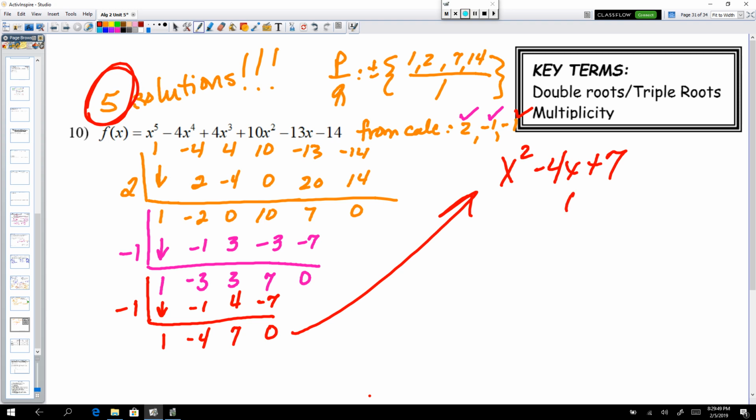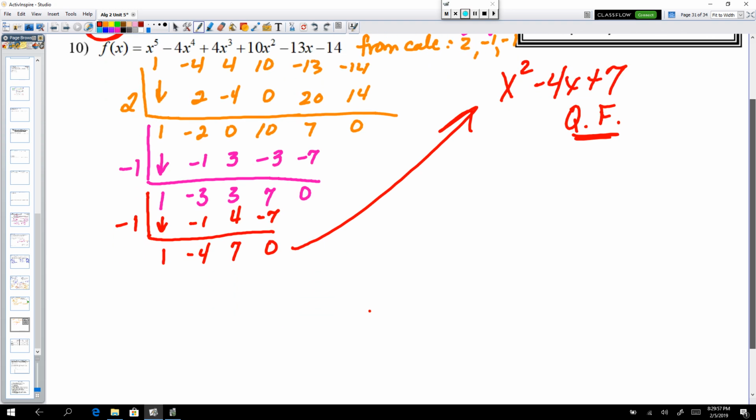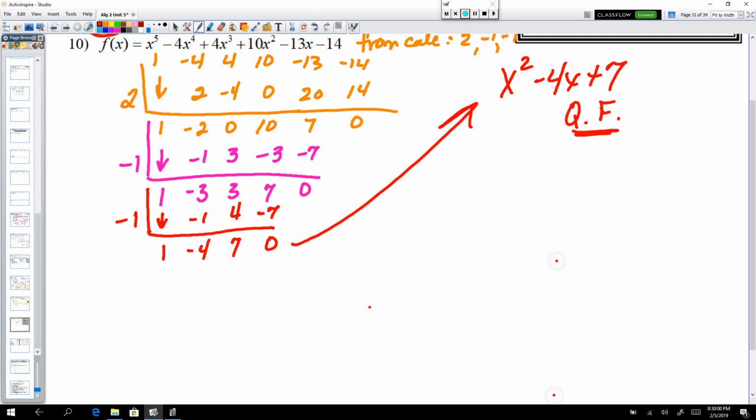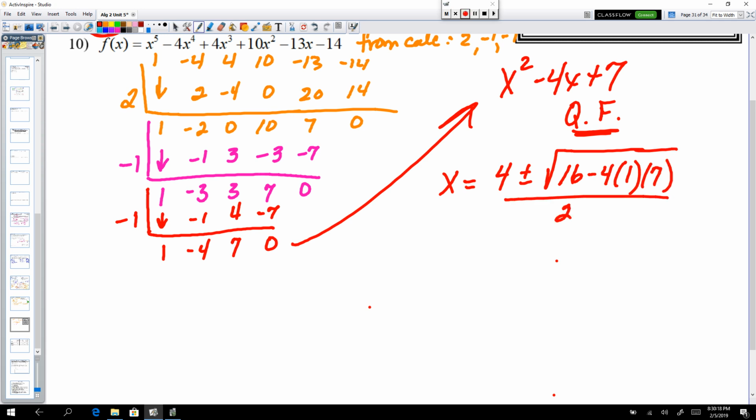I'm going to go ahead and go with quadratic formula though. And like I said, completing the square is a fine method. So just meet us at the end. The quadratic formula people and the completing the square people should meet at the same place. So the last 2 solutions for this quintic function are going to be found with quad formula. -b plus and minus the square root of b squared minus 4ac over 2a. 4 plus and minus the square root of -12